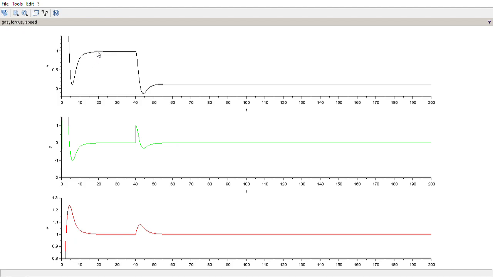So the first 20 seconds or so is just to start the simulation. I didn't program in a starting means, a firing, and all that stuff. So it's really only a valid simulation at full speed or near full speed. So full load rejection on a frame 5 is, let's call it near full speed, because the governor should catch the rotor speed before the overspeed bolt at a lower speed than overspeed. So below